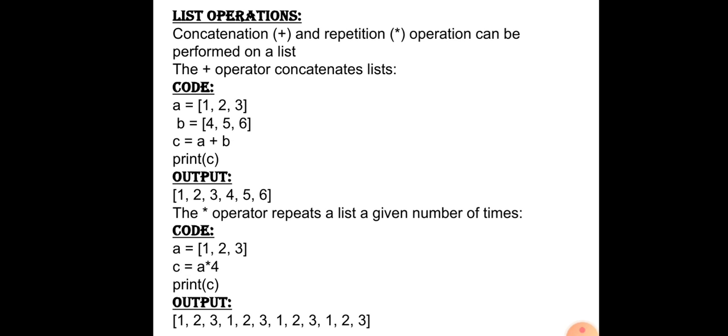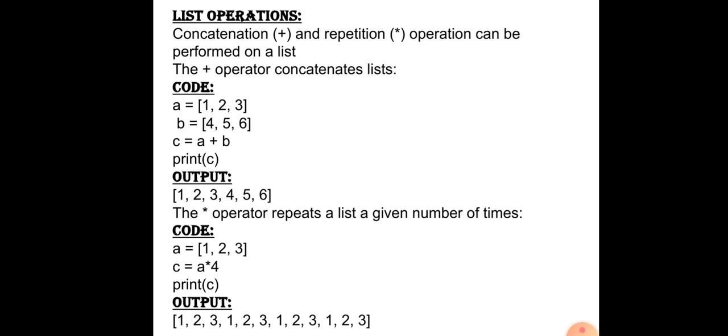Here I have used two lists, A and B, and finally I have concatenated these two lists into one, which is C. We can see the output also. So in the list C, we have the values of A and B. In the star repetition operator, we should represent the number of times